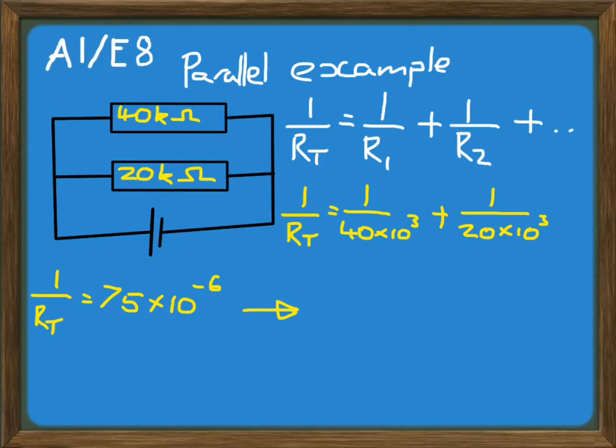We've been given some resistor values, which were the same as in the previous example. What we're now going to do is substitute those in, and we're going to see that we will get a different resistance compared with the previous circuit. So 1 over RT is equal to 1 over 40 times 10 to the 3 plus 1 over 20 times 10 to the 3. That gives us 1 over RT, the total, is equal to 75 times 10